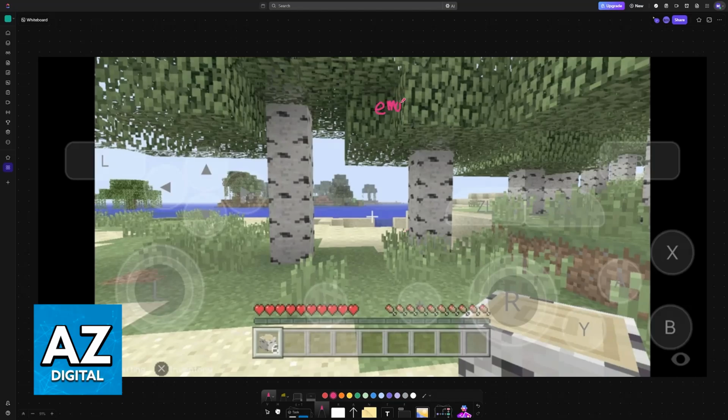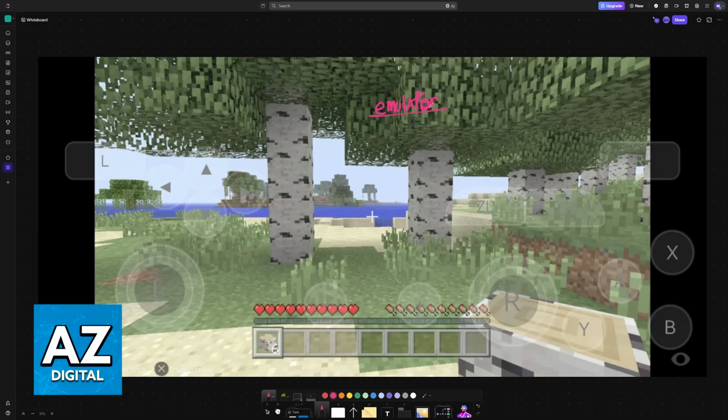Now sadly, I cannot go into too much detail about downloading and setting up these emulators because of how YouTube works. The video could be taken down. So I'm doing this video as sort of an introduction, and you will be able to do your own research on how to download the emulators and how to acquire the necessary game files. Of course, piracy is wrong and you shouldn't pirate these games.